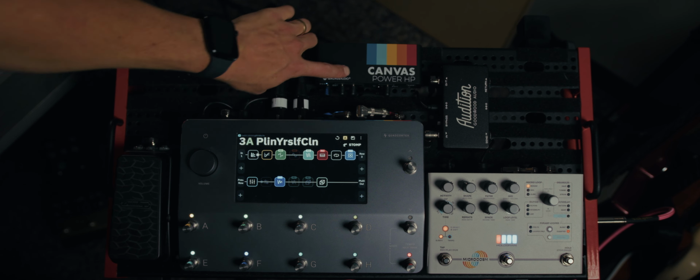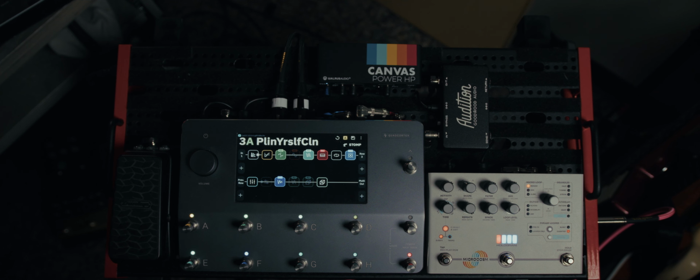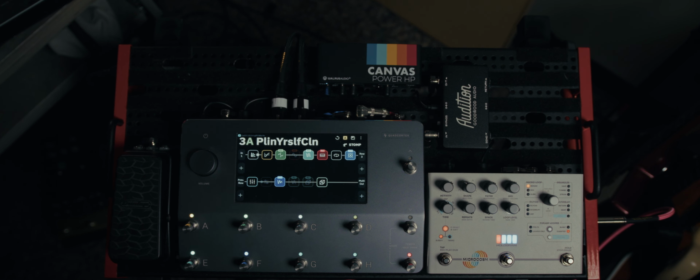So I have one of these power ports going to the Audition, not because the Audition needs it at all, but because on the other side of the Audition, there's an additional power port right here, where they send and return. That will basically allow me, if I'm working on demos, if I'm doing pre-production for this channel, or if I just have a piece of gear I want to audition and I'm not here in the studio, to easily throw any pedal in the Audition's loop and quickly, without having to change a bunch of extra cables, be able to power it and put it in context of whatever rig I'm running on the Quad Cortex,